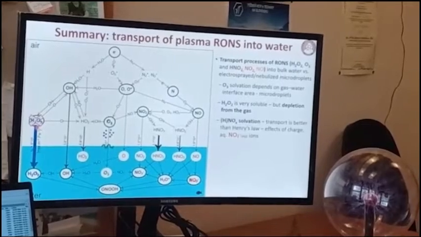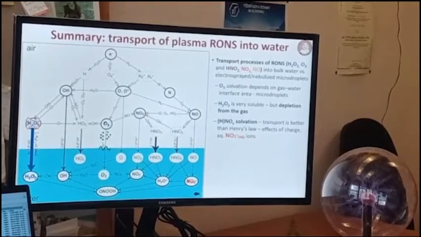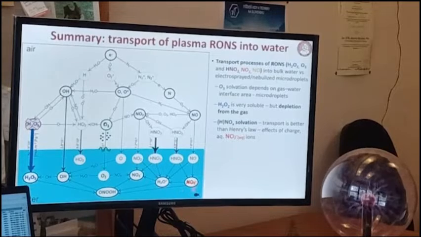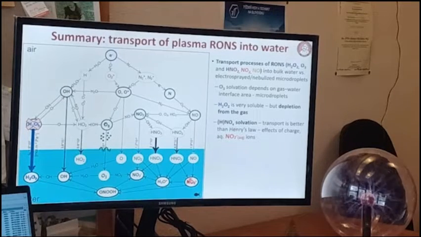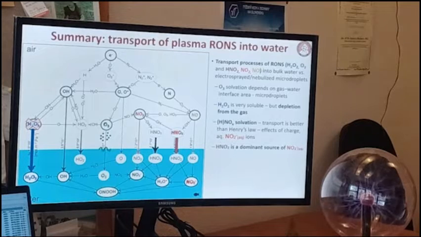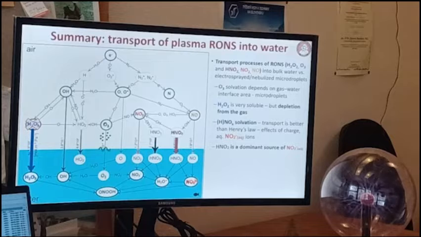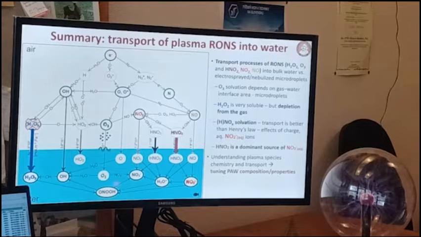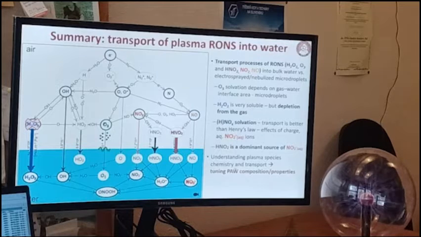So practically the water will take everything which is present in the gas phase as hydrogen peroxide; it will go into the water. And the solvation of different types of nitrogen species typically leads to nitrites, NO2 minus ions, contributed by NO, NO2, but especially HNO2, which is a dominant source of nitrites. So then we get all these species in the liquid, and hydrogen peroxide and nitrite are really important for the antibacterial action of the plasma activated water, because they can produce peroxynitrites, which are really active antibacterial components. And by changing different parameters in the plasma, we can tune the composition and properties of the plasma activated water